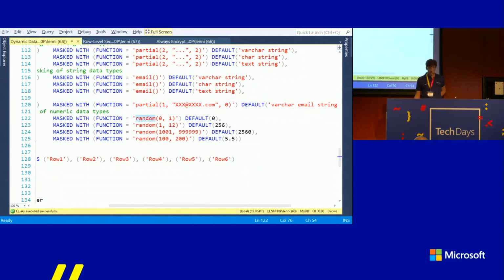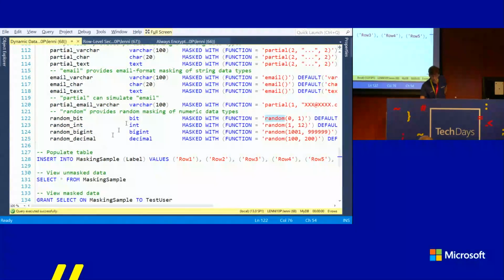The other one that I didn't show yet being random. And this one only works on numeric types. Interestingly enough, of course, the bit data type is treated as a numeric type in SQL, so you can randomly generate Booleans as well. So sure, I could use the default function to hide numeric columns, but they would all